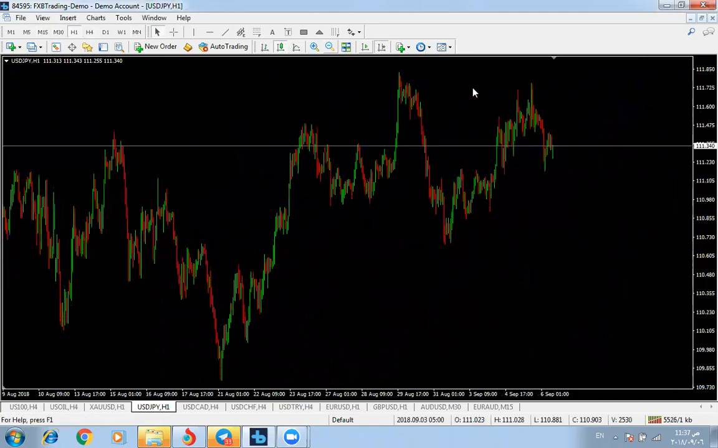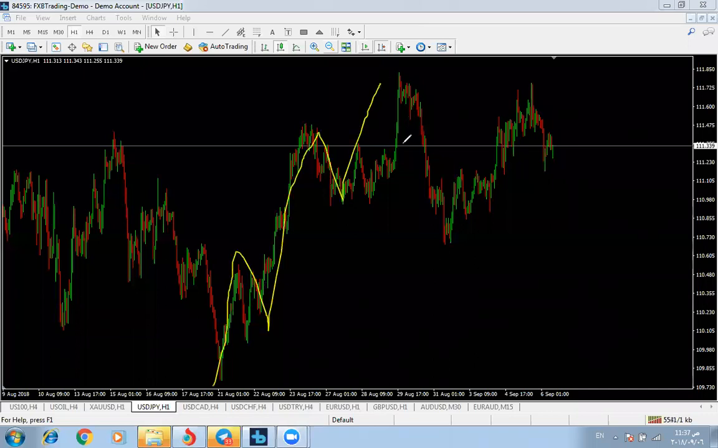Okay, from this 1-hour time frame, we will see 5 waves to the upside: 1, 2, 3, 4, 5. Then we see 5 waves to the downside: 1, 2, 3, 4, 5. Then we see